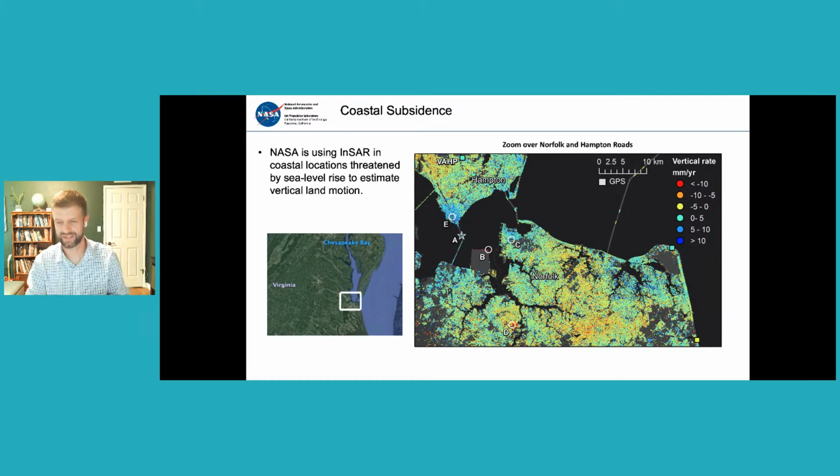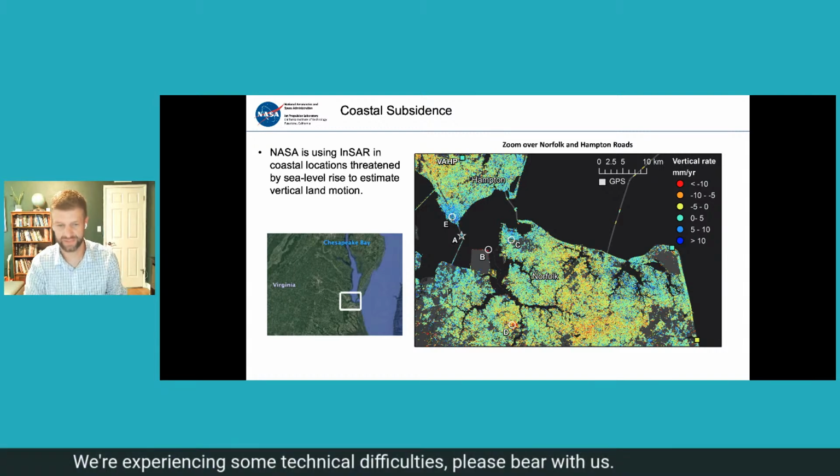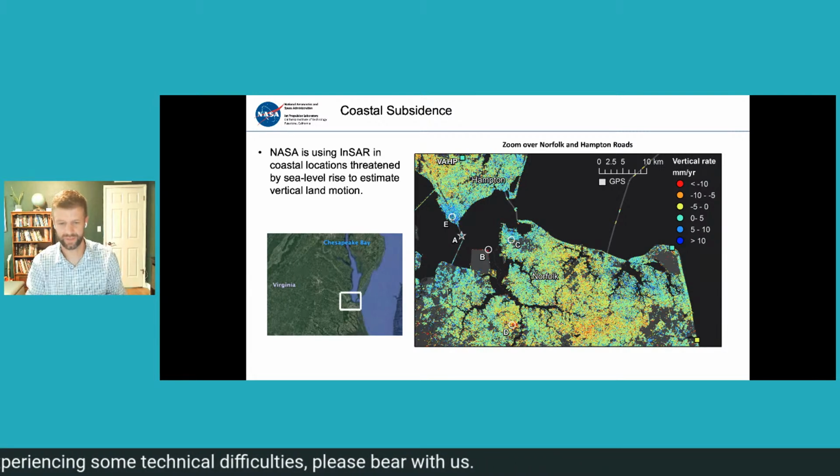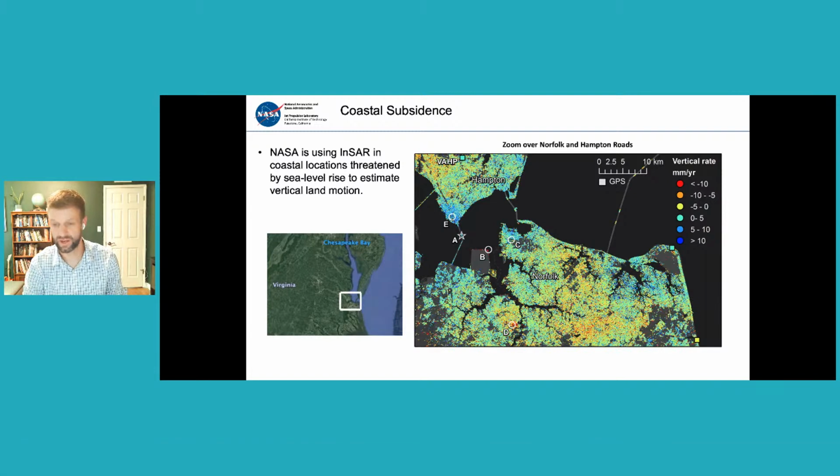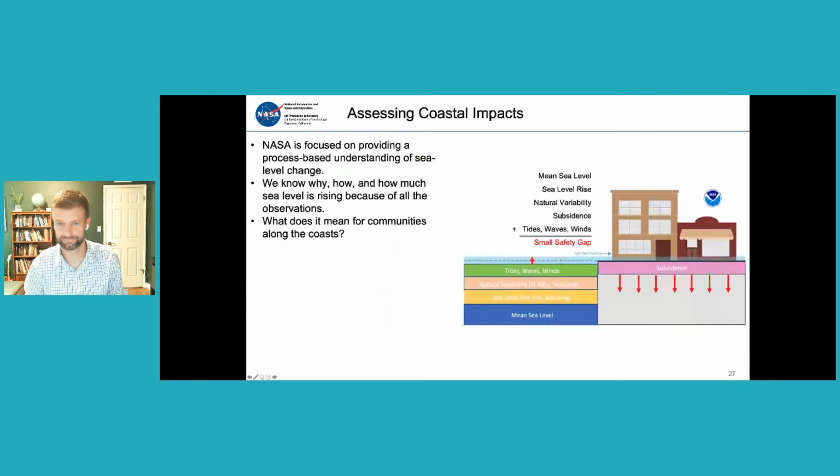So Norfolk is an area that's really affected by sea level rise and coastal flooding. So these assessments of coastal subsidence that we can make with satellites become really important. And a lot of the satellites flown by the European Space Agency are really key in making this assessment. So I talked about Sentinel-6. Sentinel-1 makes the observations that we can use to actually generate maps like this. So this kind of evaluation is being done for a lot of the coastal regions across the globe.